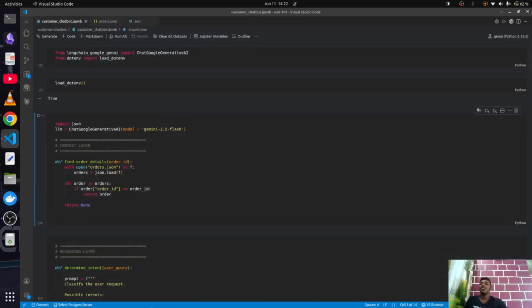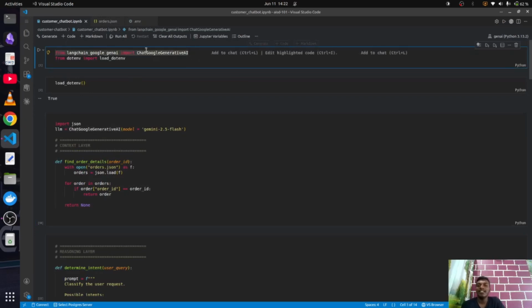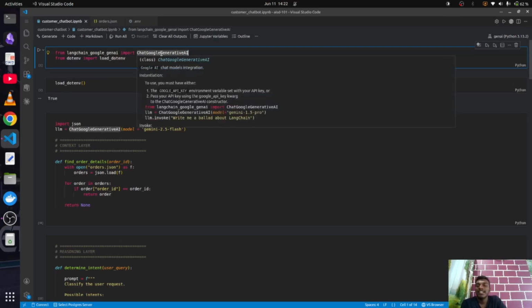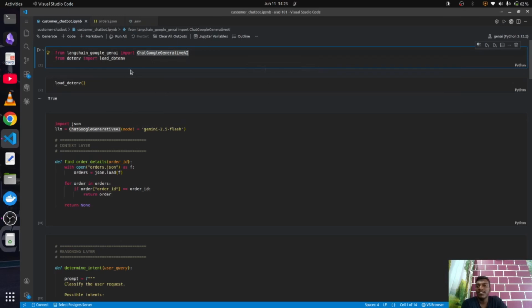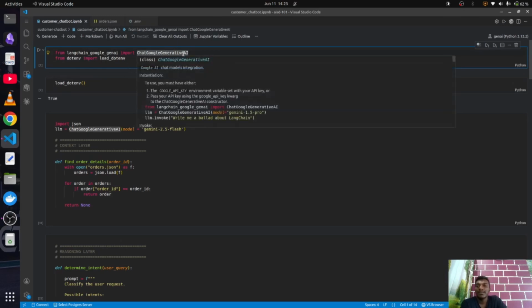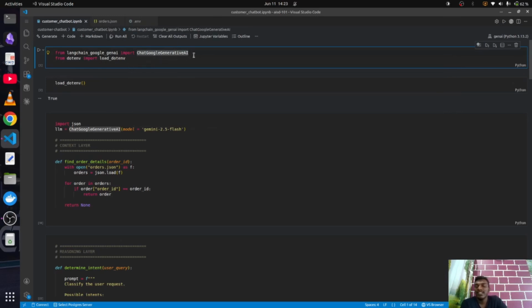As we discussed, we have 5 layers. Starting off, we'll go through the code itself. Basically, this is LangChain's classes to access Gemini LLM models. ChatGoogleGenerativeAI is an interface which will allow you to access the models. You don't have to worry about these names. It's easy, and as you go on, you will be able to catch up on these things.